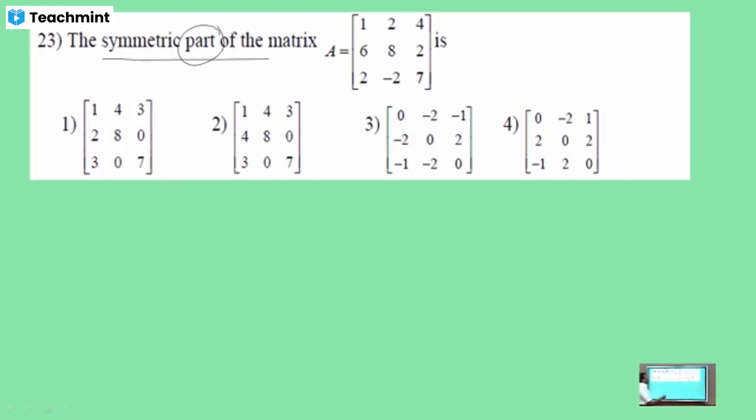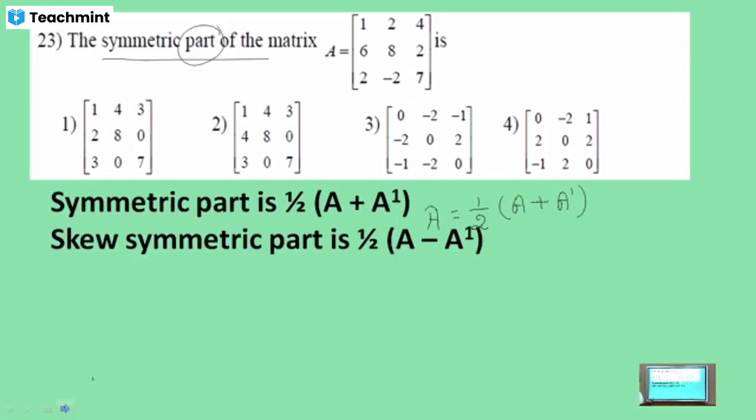The symmetric part of, what does it mean? Every matrix can be written as the sum of symmetric and skew symmetric matrices. So for this problem I have to calculate half into A plus A dash. I have to find half into A plus A dash, so that you get the solution. The solution is